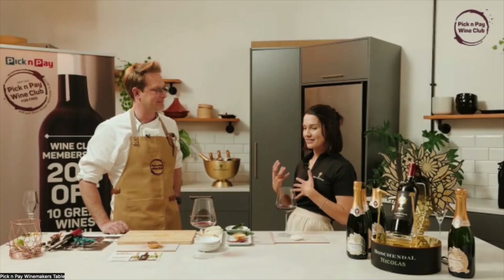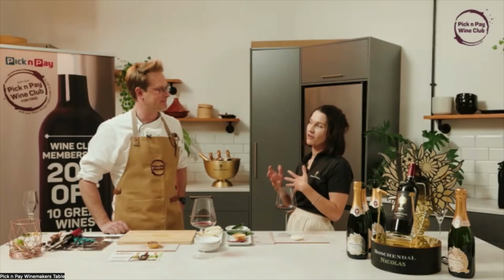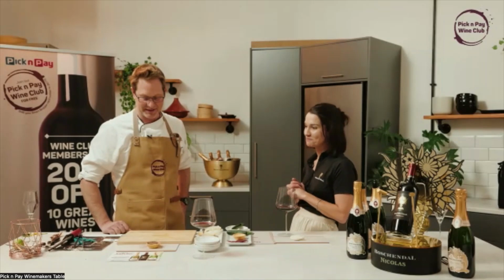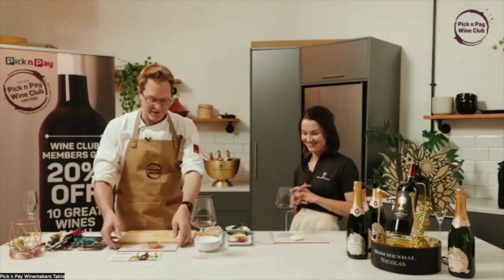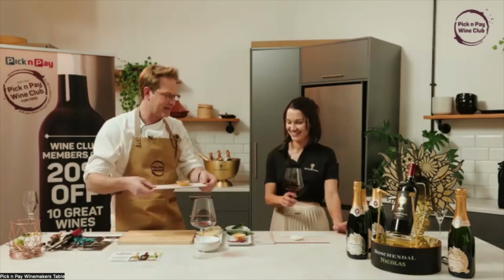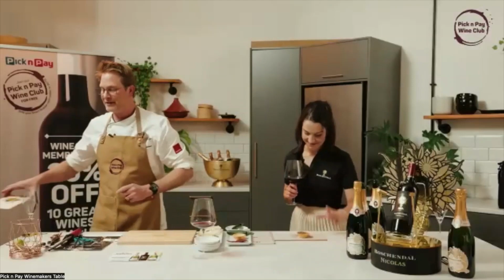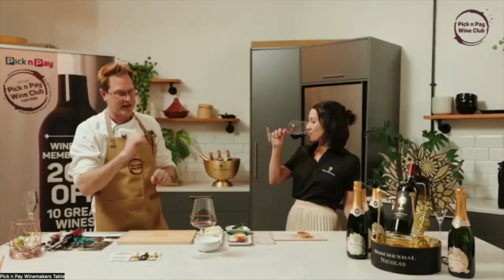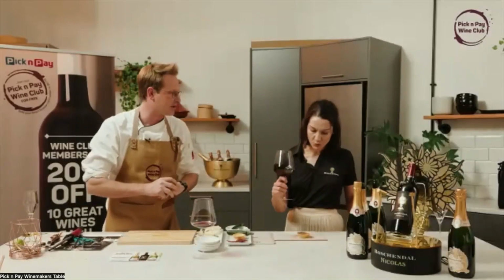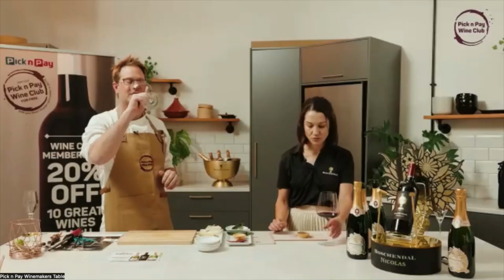It's elegant. It has that refined tannin, and those subtle but continuous flavors that keep on developing. Exactly. So I think that's time that we gave this a little go. You're going to try our final canapé, something nice and decadent, something to end off the evening quite nicely. The little tartlet filled with some chocolate ganache, a little bit of sour cherry, and a grating of the dark chocolate. So same thing, give your glass a good swirl, take a nice good sip,